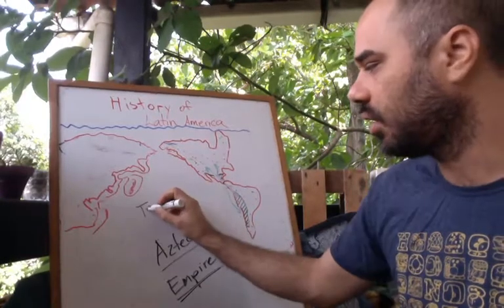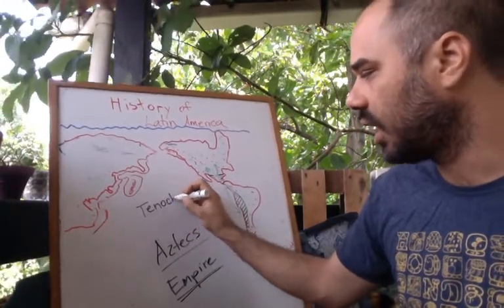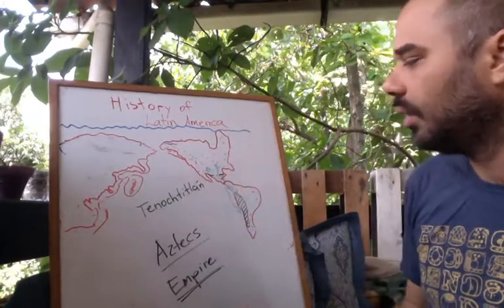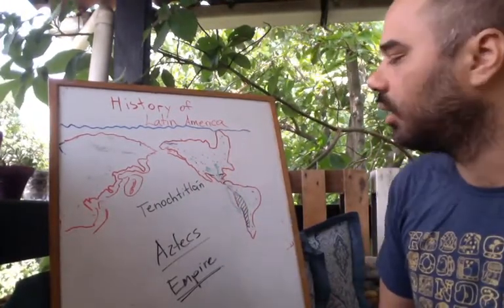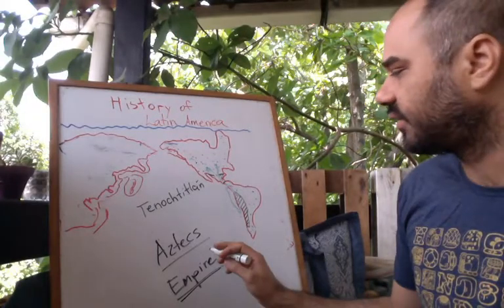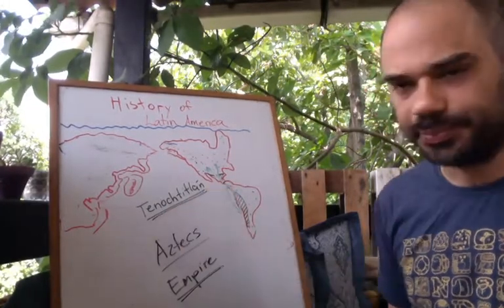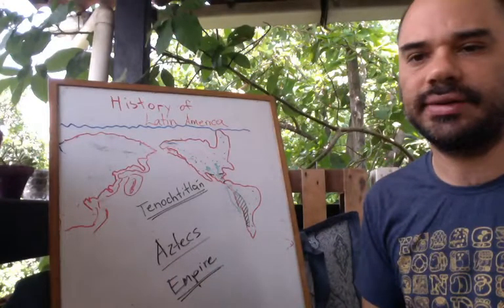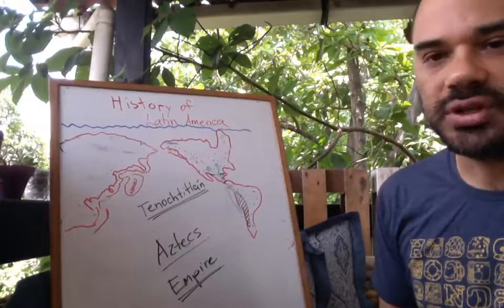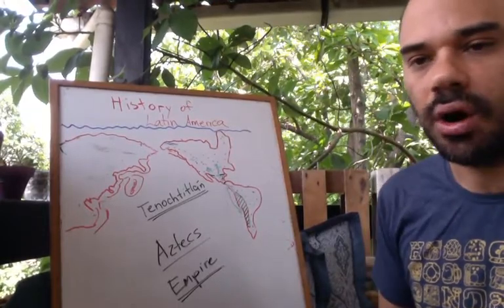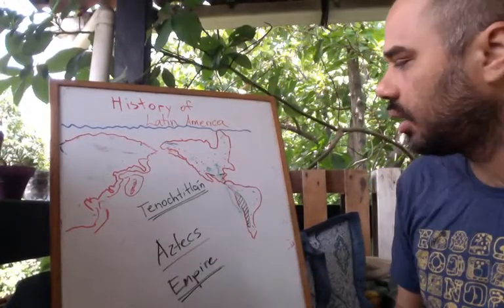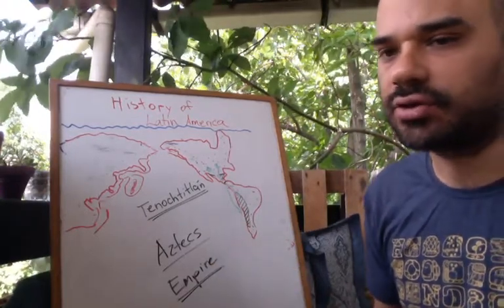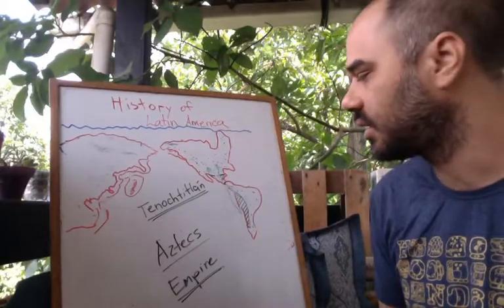The capital city of Tenochtitlan. This was the capital city of the Aztecs, Tenochtitlan. A marvelous city, larger than any city that had ever been seen in Europe. This was a city that was created over a lake. There is a story that says the ancestors of the Aztecs wondered where they should settle.